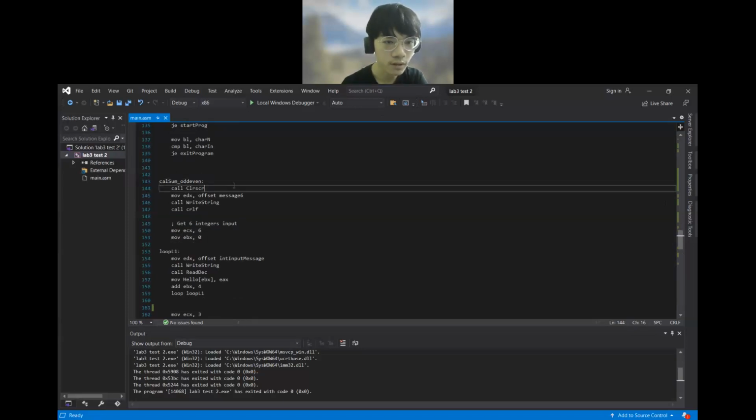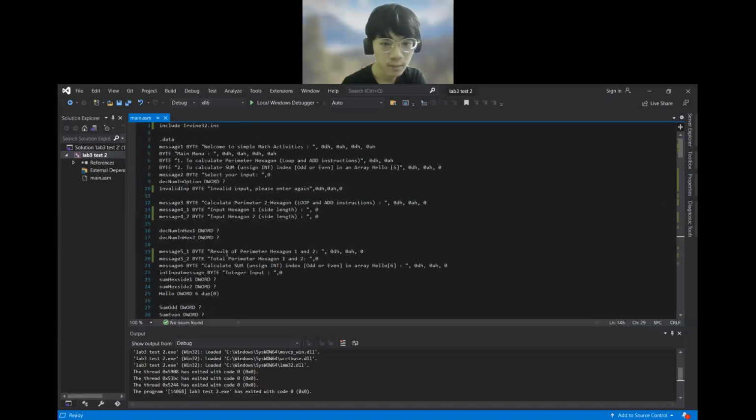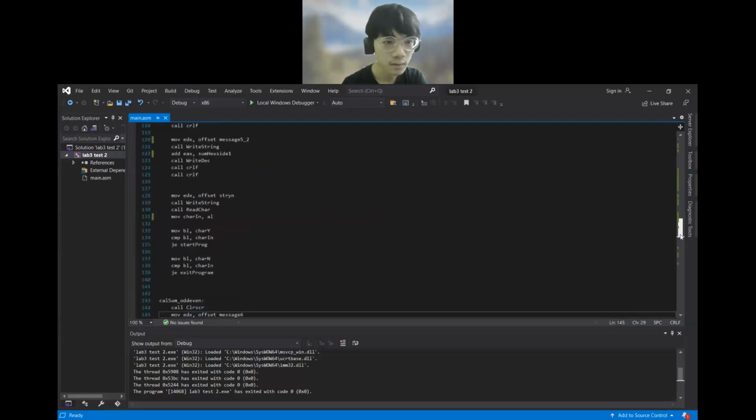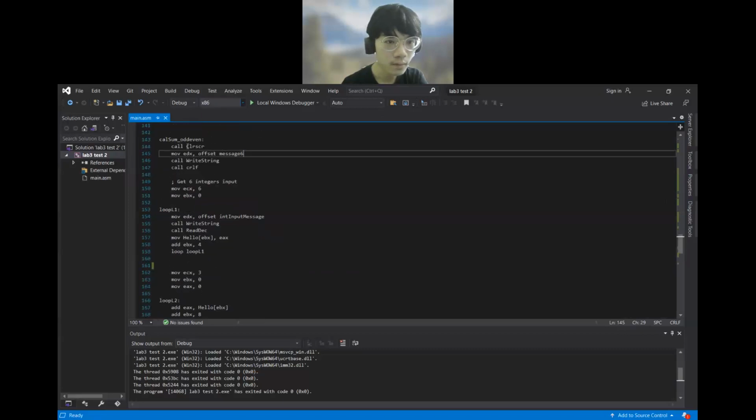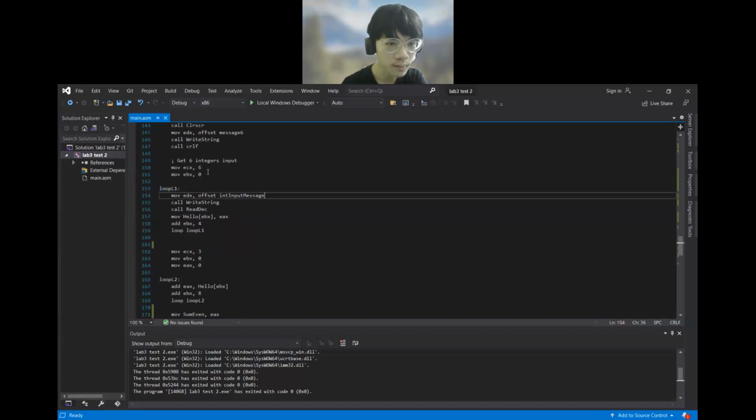First we'll clear off the screen, then print message 6, which is the menu to calculate the sum. After that, it will move 6 to ECX, so the loop L1 loops 6 times. At the loop L1, we move this integer input message, which is to get user input. Call read dec to get user input,